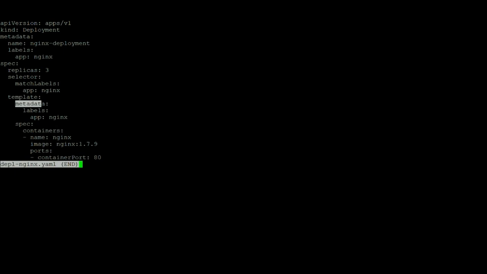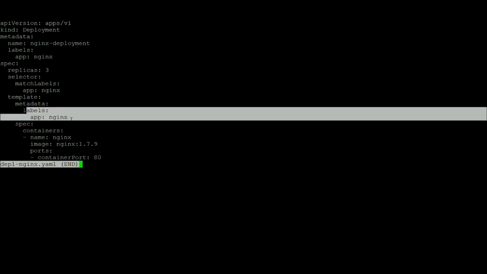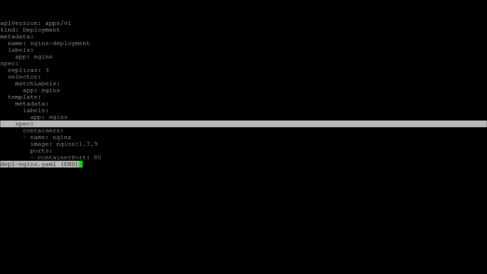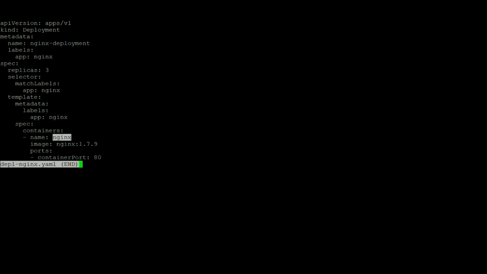So, has some metadata, the same label. This is a spec of the container. We're doing Nginx. We've got an image of Nginx 1.7.9 and has a port 80 for the outside world. In the next tutorial we'll talk about services, but first this is deployment. So we've got this deployment. What we're gonna do is